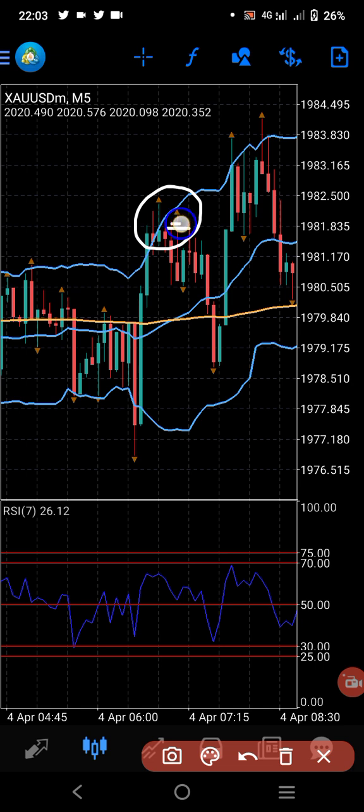At this point, we can make our entry as it is closing, seeing that our RSI, although it did not get to our 75 points,